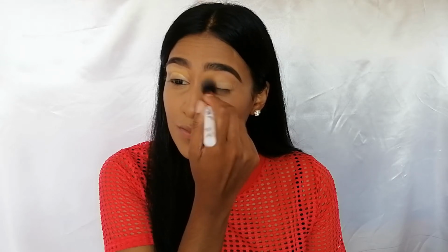So I just applied some concealer onto the back of my hand, and I'm just going to apply a light layer to my lid just to even out the skin tone, and again give us a nice base for our eyeshadow. You can leave it sticky or tacky, and that way the eyeshadow will show up a bit